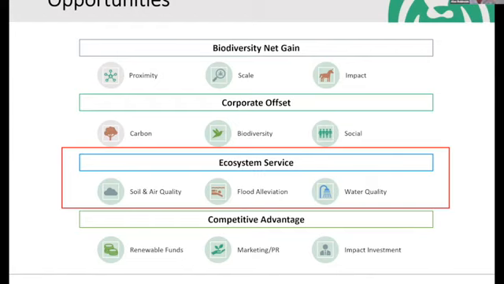Ecosystem services in general tend to be focused around water quality, and there are lots of good examples out there of water companies working with partnered landscapes in order to improve water quality and mitigate some of their filtration costs, particularly after, frankly, the horrendous winter that we've got through and the amount of rain we've had. Upstream flood alleviation schemes will start to gain traction as well. Man-made barriers, quite simply, are very expensive and they only work to a certain level. There's also zero additionality. So wetland creation in the right place could have an impact on all of these.